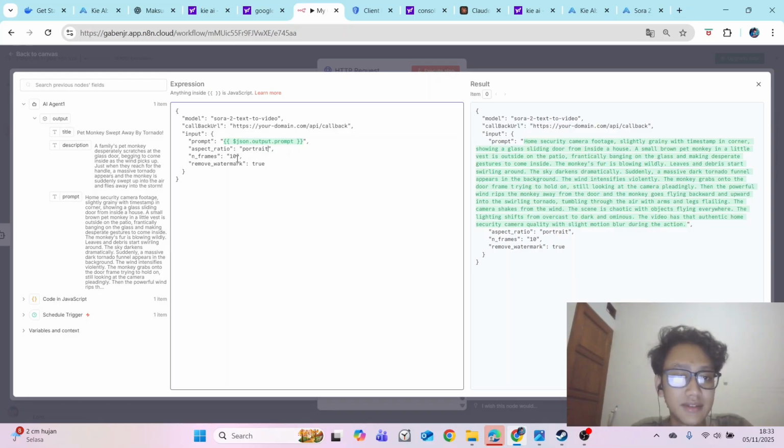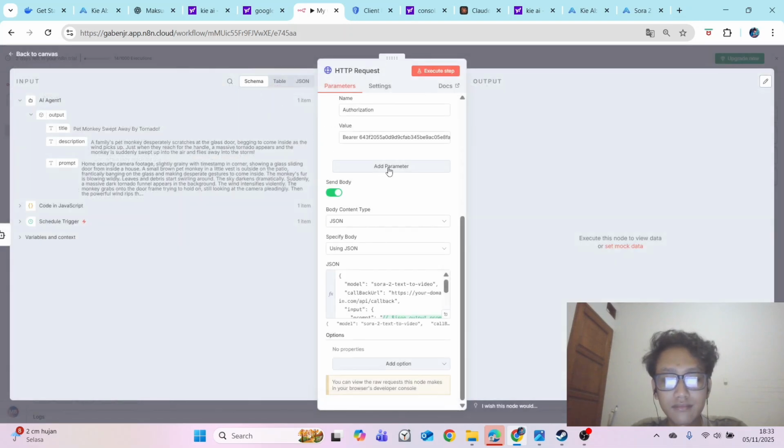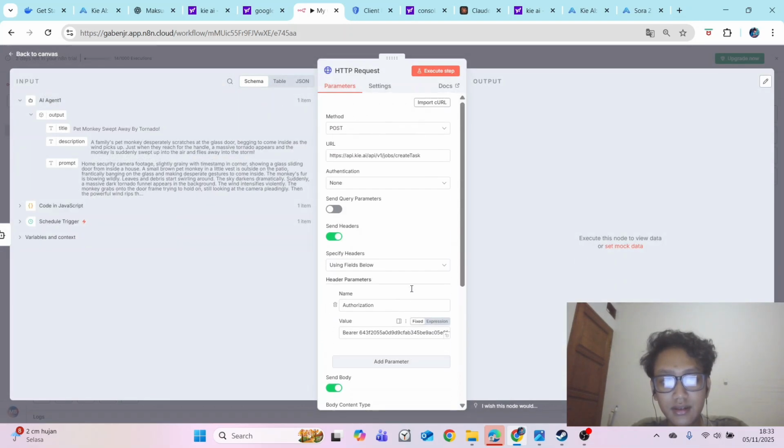The frames you can set to 10, and remove watermark you can set to true. You just need a prompt here, and after this you can execute the step.